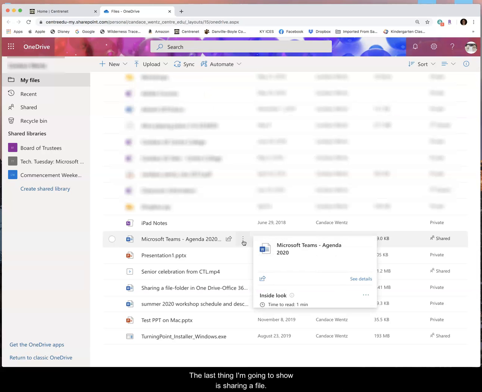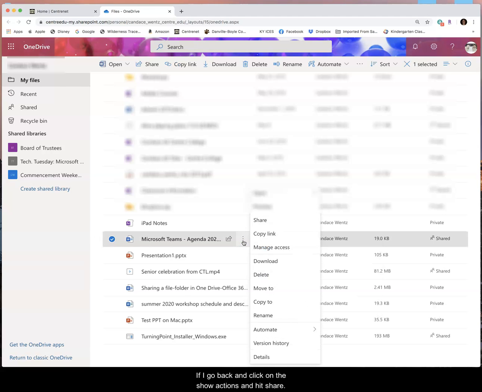The last thing I'm going to show is sharing a file. These same steps work when you want to share a folder as well. If I go back and click on the show actions and hit share,